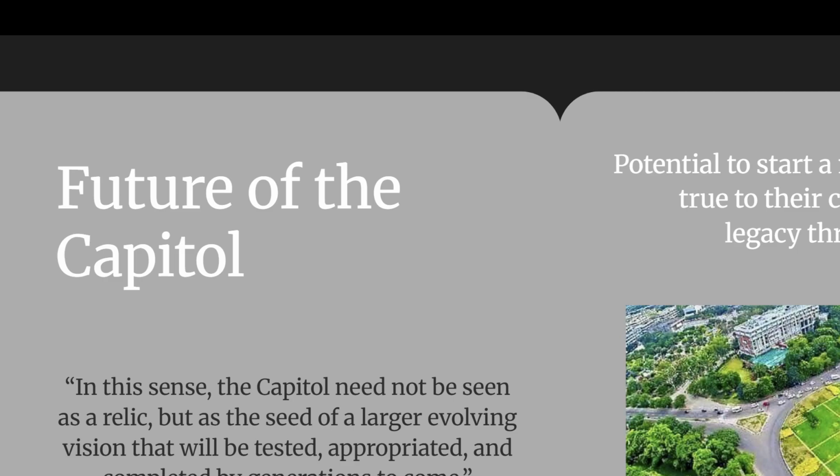And yet they are still unsure if they are ready to redo the site or keep it as is. Just as the previous generation struggled 50 years ago, they have the potential to start a new path or to stay too true to their colonial history and their legacy for Le Corbusier.